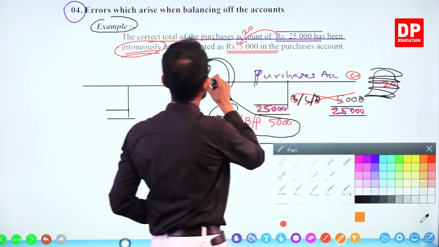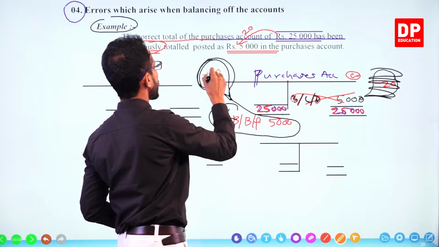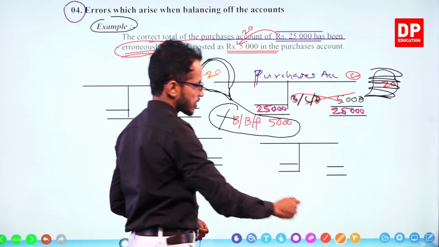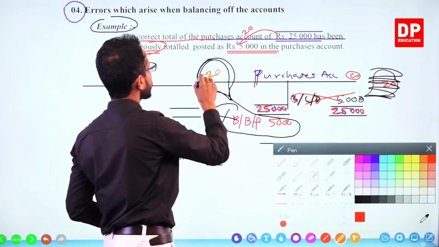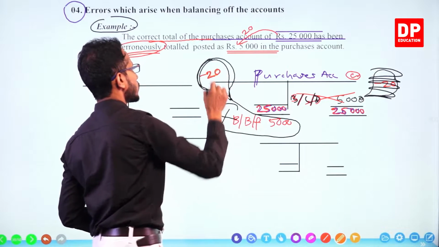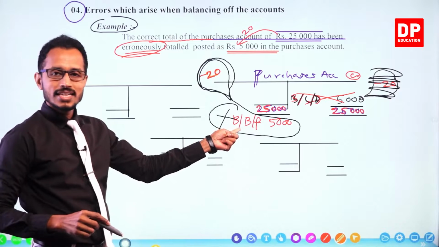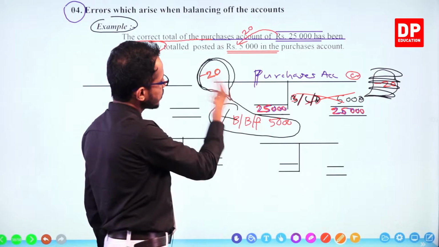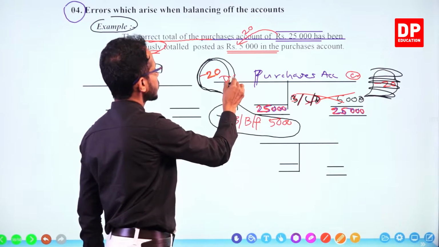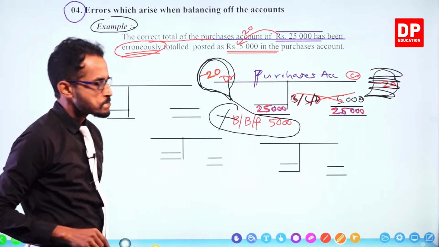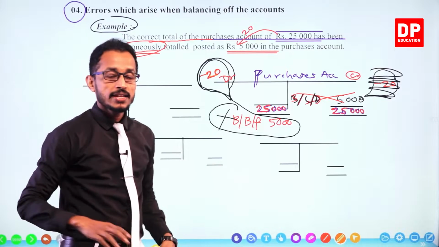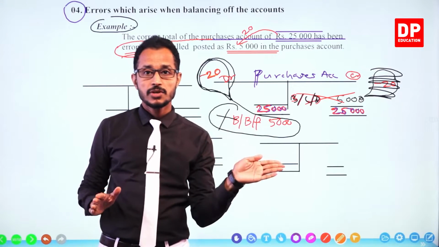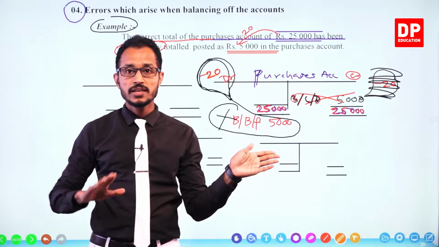20,000 less. 20,000 on the debit side is less. So what you do? You put that 20,000 to the debit side. Debit the purchase account 20, and where does the double entry go? Debit to the purchases account 20, credit to the